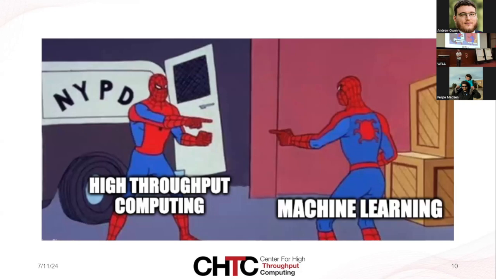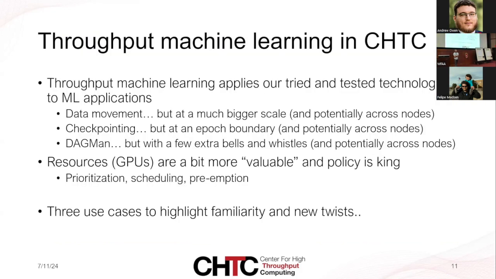So in a lot of ways, high throughput computing and machine learning are mirrors of each other. They're slightly different applications, but a lot of the same principles underneath. So that's what high throughput machine learning is. That is the application of our tried and tested principles and technologies to machine